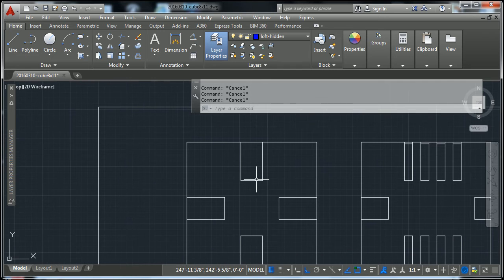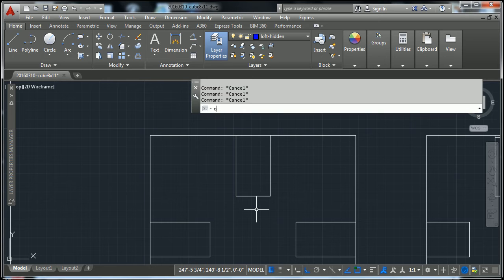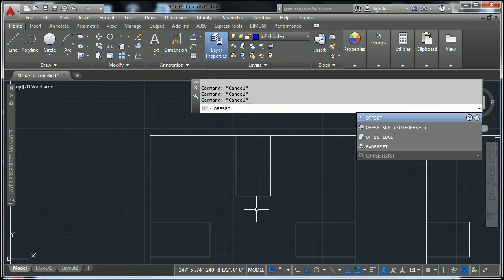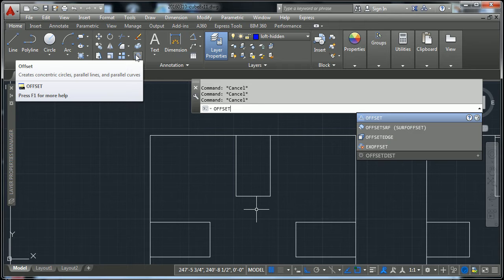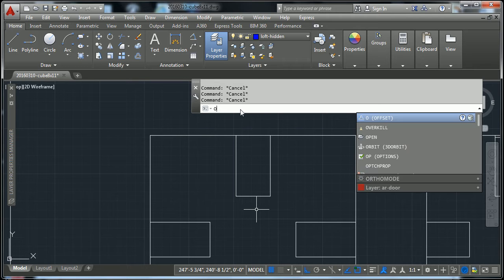Once that's been done, you can go ahead and offset these lines. So type in offset, or go to the symbol right here that looks like a shape that has an outer line on it, or I believe the shortcut for that is O for offset,